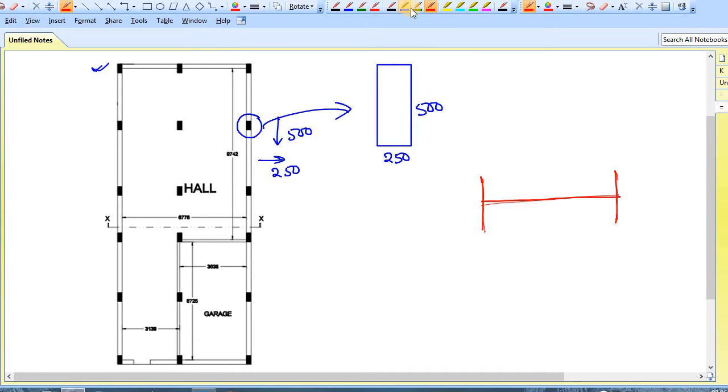If you don't know, this is the major axis and this is your minor axis. Now what is the importance of the major axis and minor axis, and in which cases is it required to know which one is which?